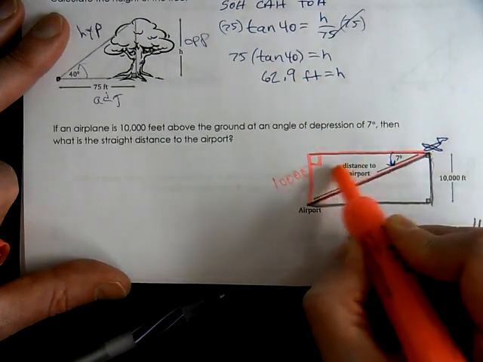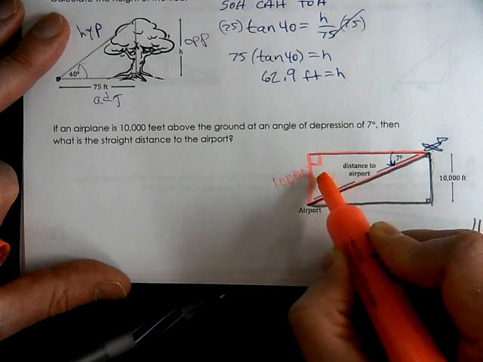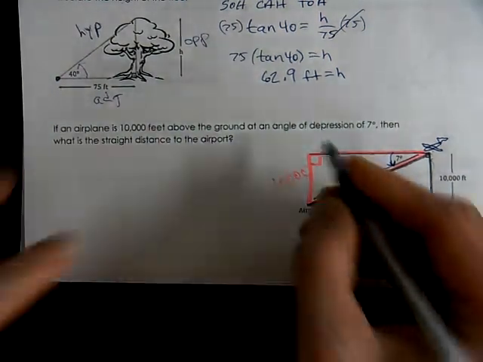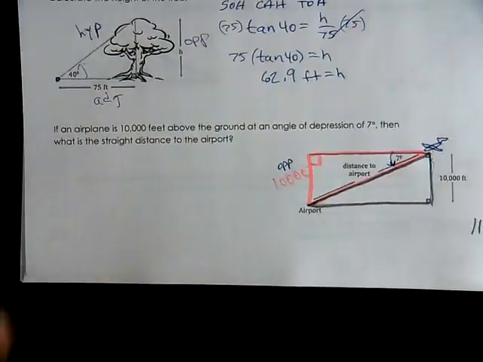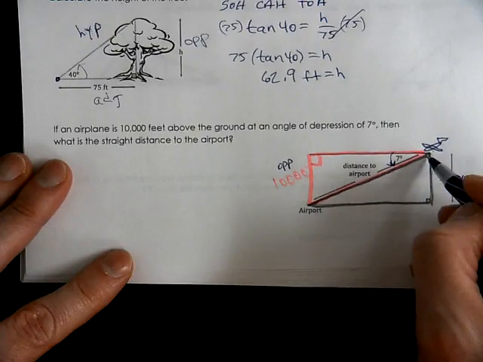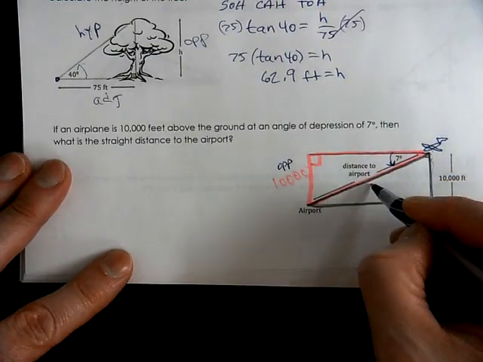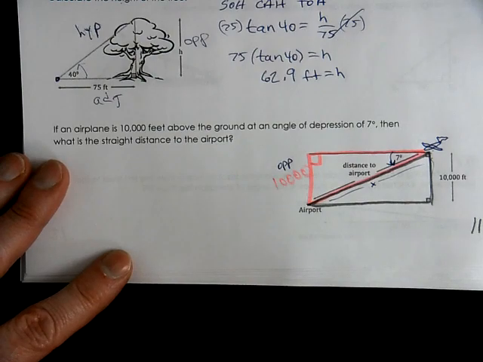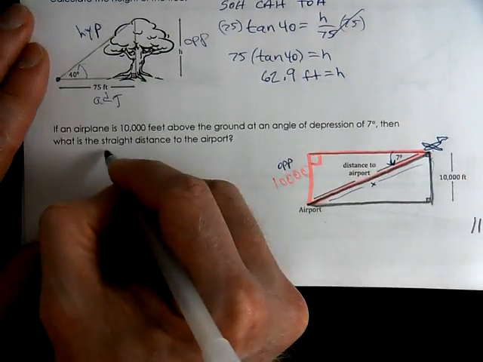Your 7 is across from the 10,000. So this is considered the opposite side. And we're looking for the straight distance to the airport, from the plane to the airport. That is the hypotenuse. So again, using SOH CAH TOA,